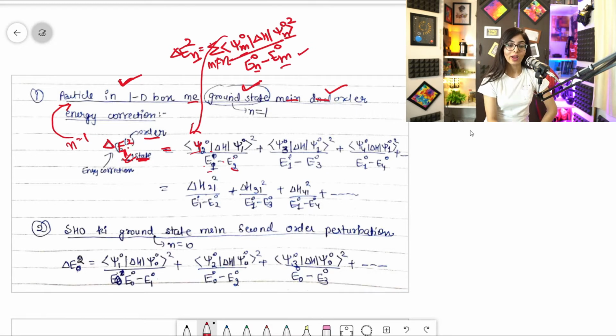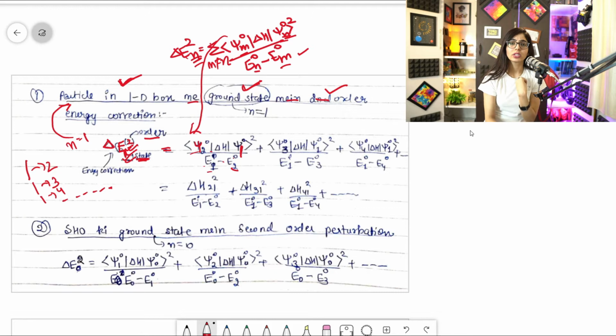So it is given as 1. Fine. So one state is given, so you know that n you will write over here in the second place. So that is 1. Clear? So I will write 1 over here. Now I will take all combinations: 1 with 2, 1 with 3, 1 with 4, and so on. All combinations I'll take, right? Whatever is given in the question, according to the desire. So it would be 1, 2.